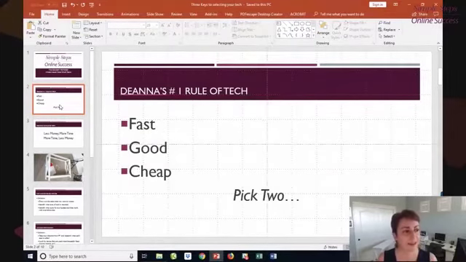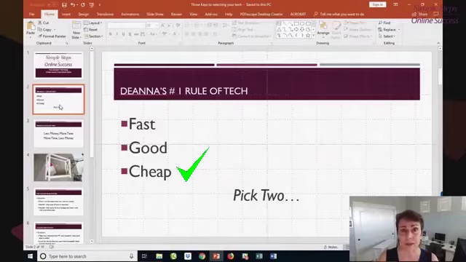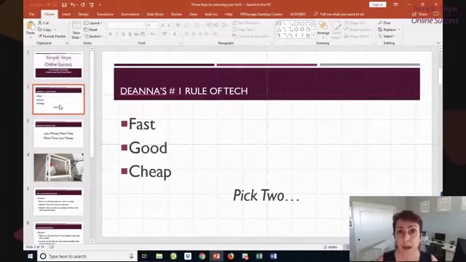I say that because in all kinds of different situations, we have our priorities and we're trying to accomplish certain things. We either need it to be cheap and fast, or obviously we would love it to be all three, right? Fast, good, and cheap. But chances are you get two of those things.